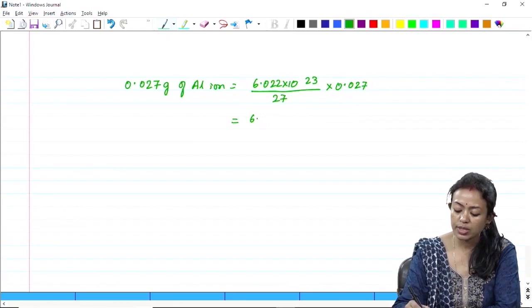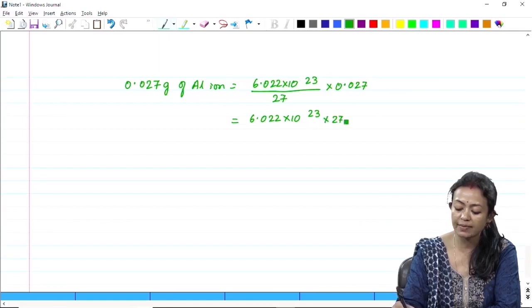Clear? So 6.022 into 10 to the power 23 into 27, and what do we do? We remove the 3 decimal points. So 27 into 1000, which is equal to